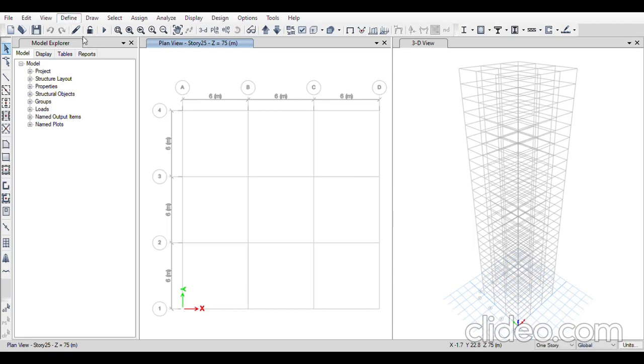Then I'll again take define. I'll take section properties, in which frame sections. I'll click add new property, in which the concrete rectangular section is my beams and columns. So I'll take rectangular on this. I'll now change this property. I'll give a name as